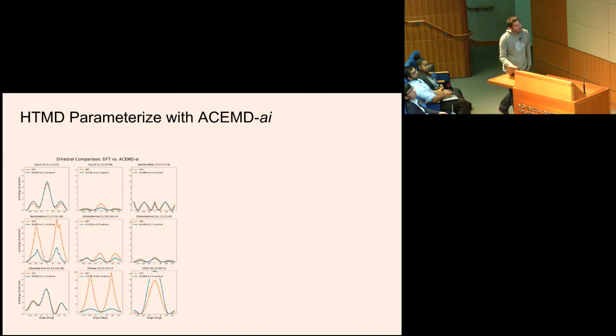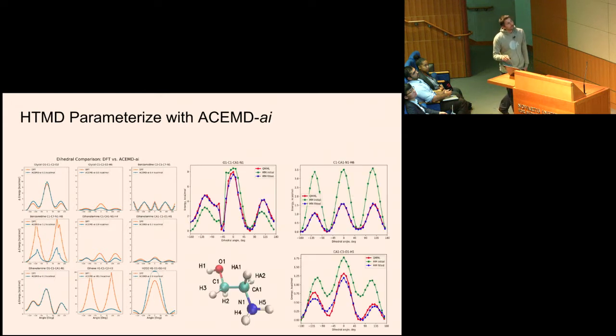So instead of using the DFT, we parameterize torsion using ACEMD-al in the QM part. For the minimization and for the energies, we use ACEMD-al. And with 25 seconds,